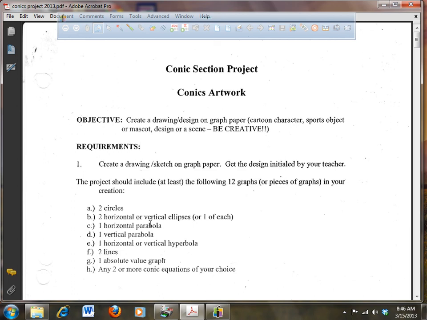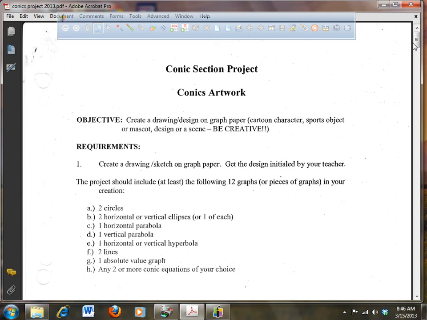Project, it's worth 100 points. All right, so it counts like a test. Create a drawing design on graph paper: a cartoon character, sports object, or mascot, or design a scene. Be creative. Create a drawing on graph paper. So I'm going to give you a piece of graph paper, and you are going to draw it on a